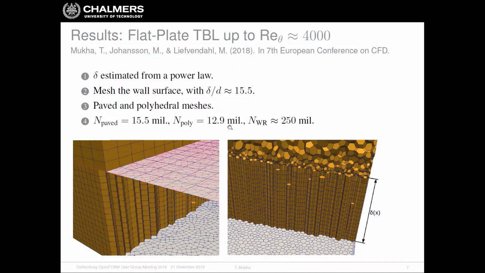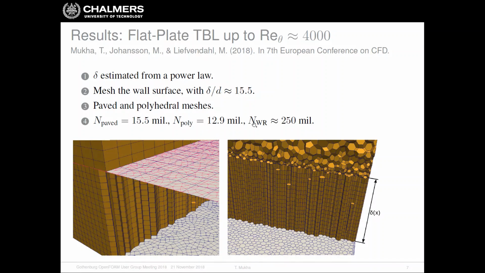So that actually tells us that, for different types of meshes, if you keep d the same, the average distance between the cell centers, depending on the cell topology, you're going to end up with a different amount of cells for a given volume. So in this particular case, the polyhedral cells end up saving, how much is it? 2.5 million approximately.